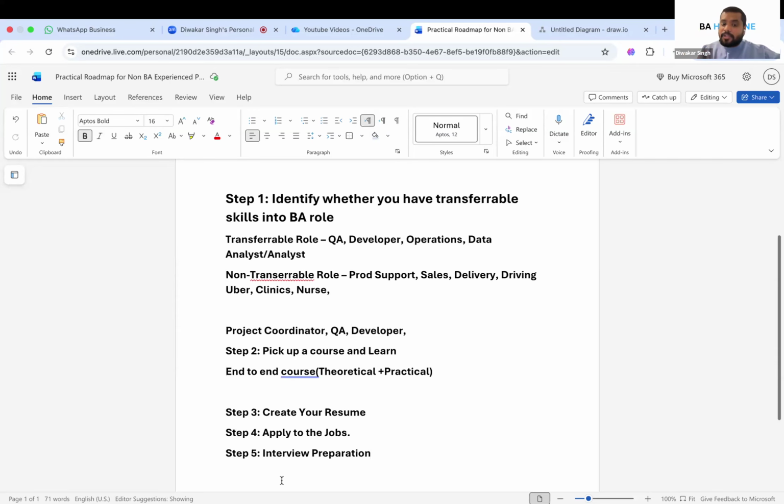So remember, I said that your actual preparation starts from step two and not just before the interview. During the interview, you just try to revise everything you have been preparing for so long. So make sure you prepare examples, and then start practicing the questions which I have posted on LinkedIn, or people post on LinkedIn or the internet. You will get a lot of questions. Treat it as a mock interview and practice, and see whether you are able to answer properly, whether you are able to structure your answer, whether you are able to answer using examples and scenarios from your project. If you're able to do that, then believe me, no one is going to stop you from clearing an interview.